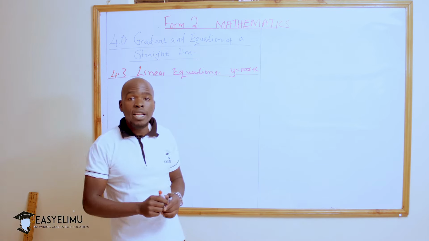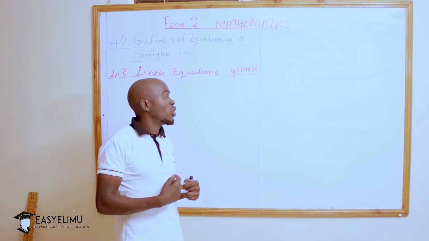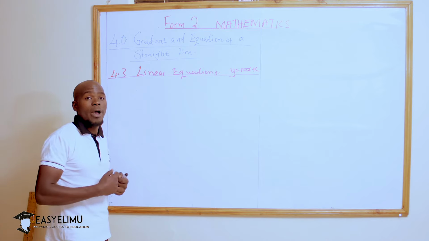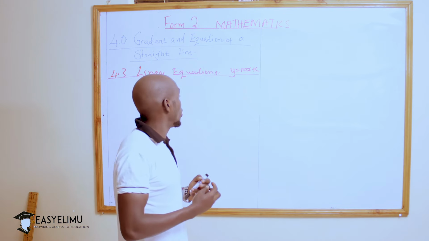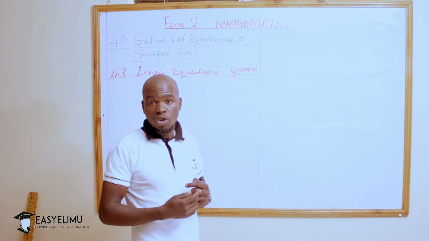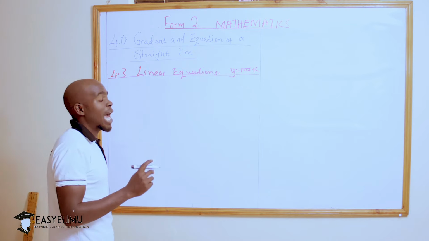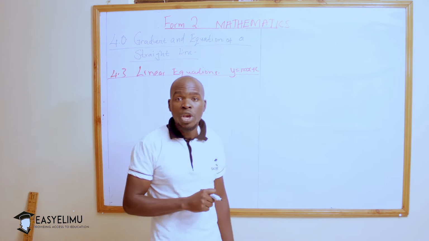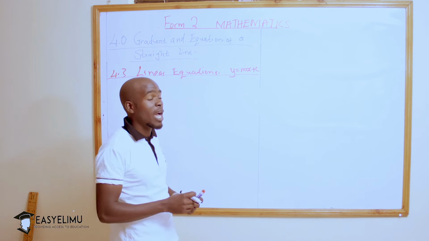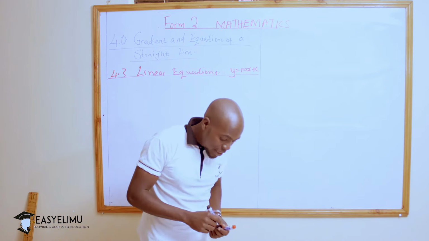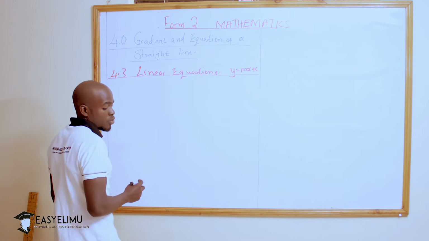You will find that some equations of a straight line are not in linear equation form, and sometimes you are required to put them into that form. That is simply rewriting it into the form y equals mx plus c, such as if you have an equation like 4x plus 3y equals negative 8,